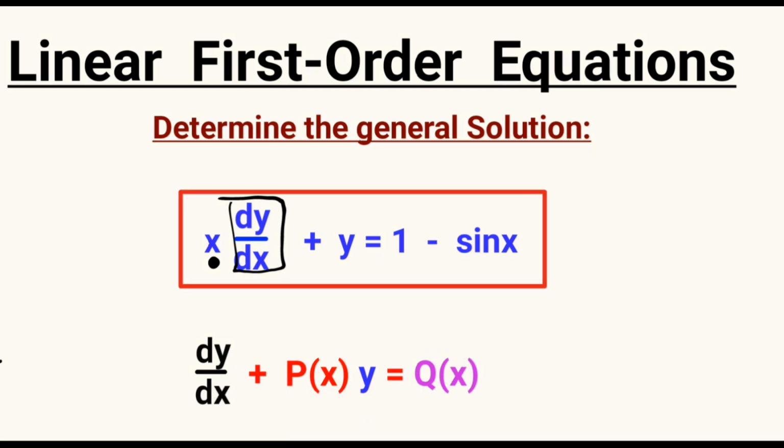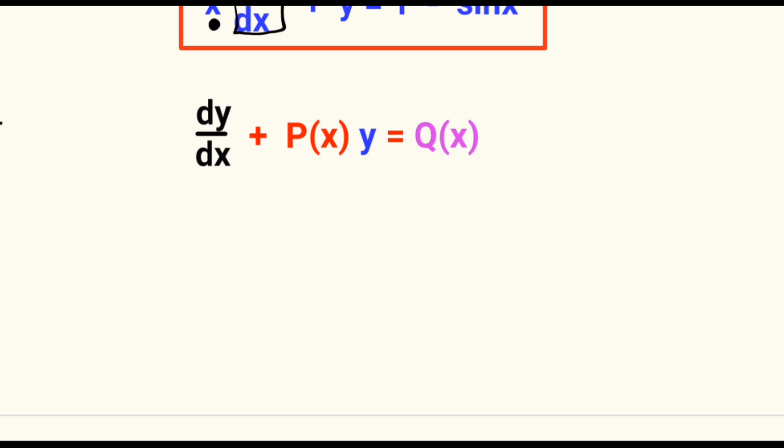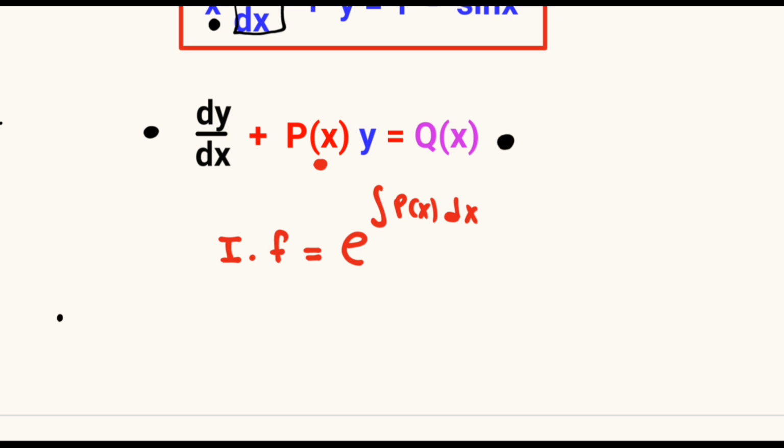But first, if this equation is arranged in standard form, we have to extract what we call the integration factor, which is equal to e raised to the power the integral of that p of x dx. We'll multiply this integration factor with that equation. So we have the dy divided by the dx, which we multiply with the integration factor, the e raised to the power the integral of p of x dx,